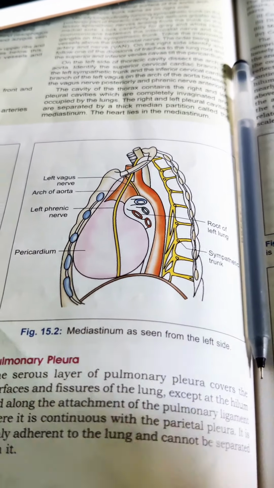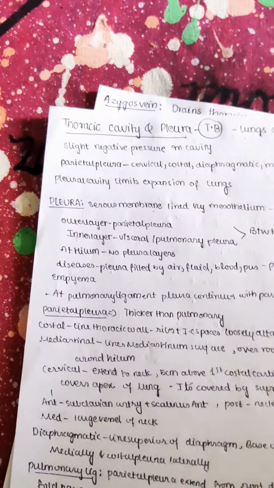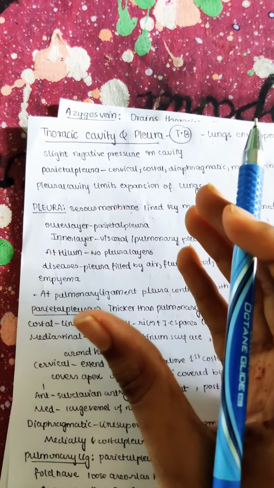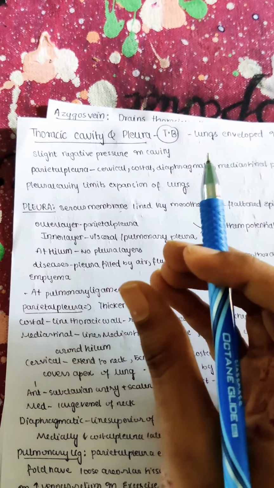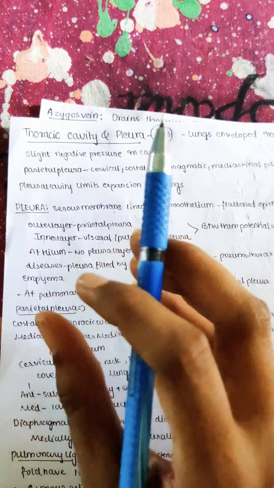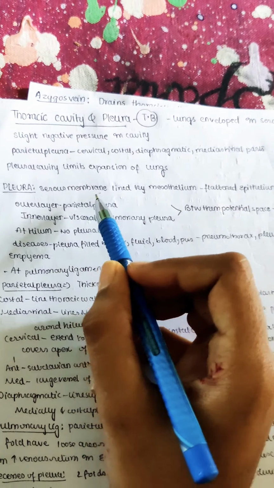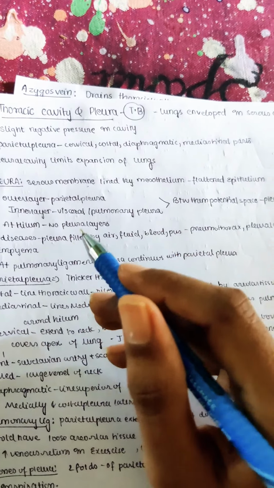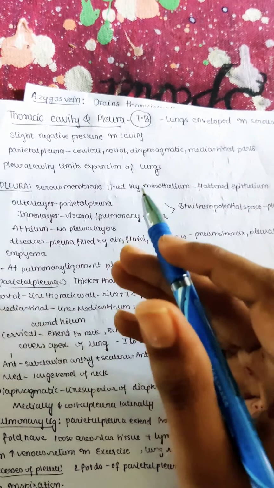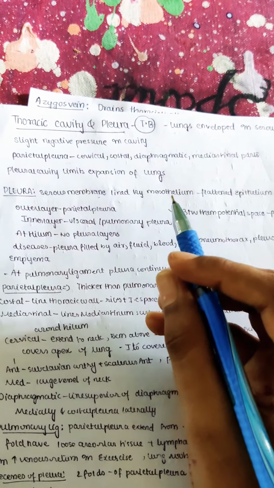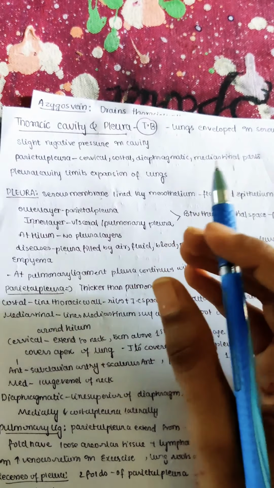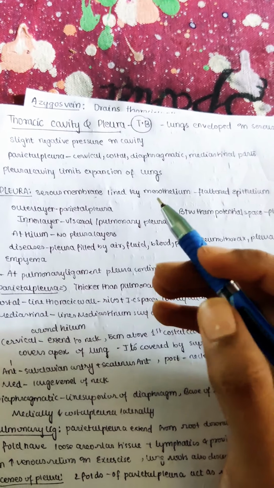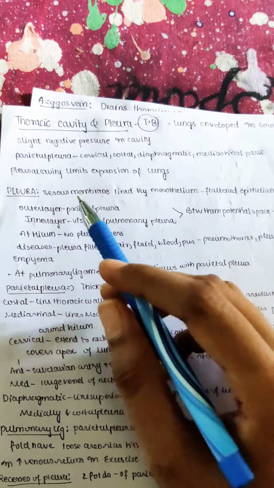So here you can see the pleural cavity mainly limits the expansion of the lung, because it's outside. How much the lung should expand, it will prevent over-expanding or over-retracting; it puts in a limit. Pleura is mainly a serous membrane lined by mesothelium, a flattened epithelium. It's mesodermal in origin, especially the pleura comes from lateral mesoderm. In embryology, as we already know, we have different layers like ectoderm, endoderm and mesoderm. Mainly from the mesoderm, the middle layer, this arises.